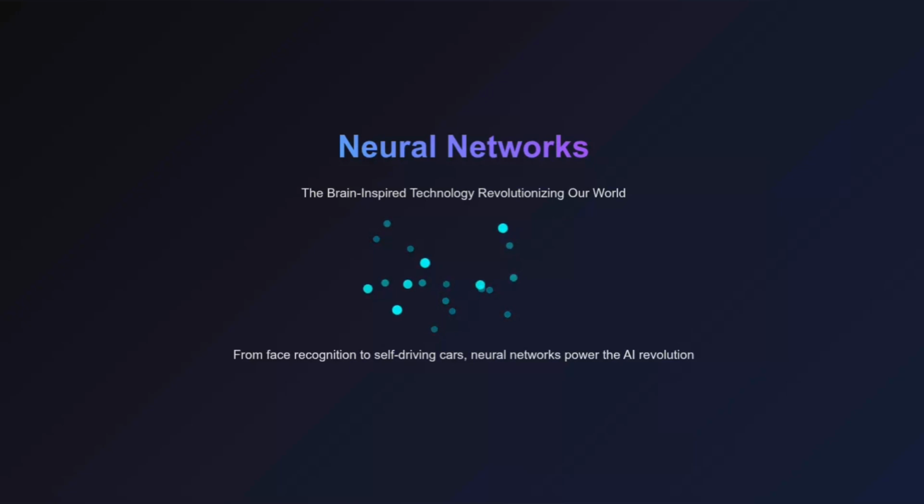What if I told you that the most revolutionary technology of our time was inspired by the human brain? Neural networks are the powerhouse behind everything from your smartphone's face recognition to self-driving cars. Today, we're going to break down exactly how these incredible systems work, starting from the basics and building up to